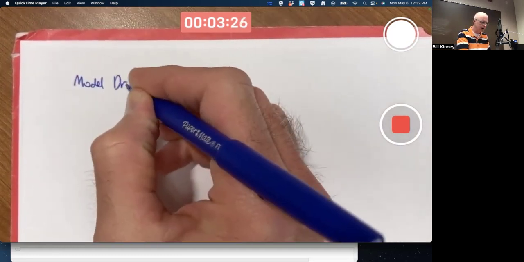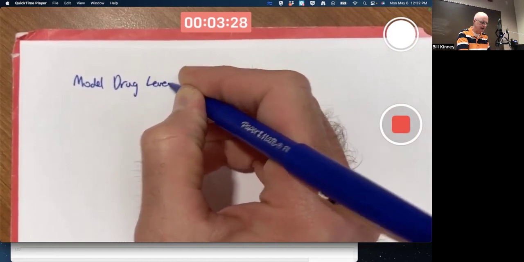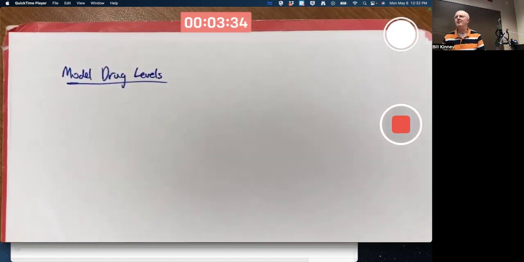Today, we're going to start by modeling drug levels in your body. And we're going to start with a one-time dosage. So you're taking one pill. Talk about how to model that. And then we'll move on to modeling taking one pill over and over again at a consistent amount of time